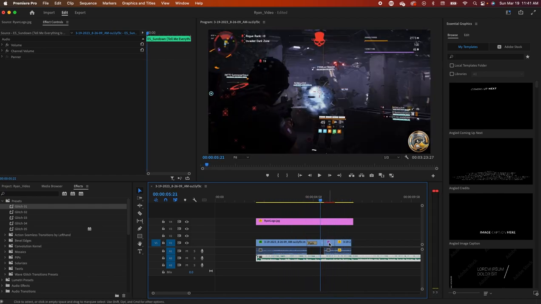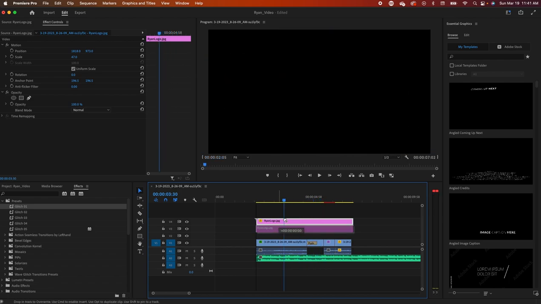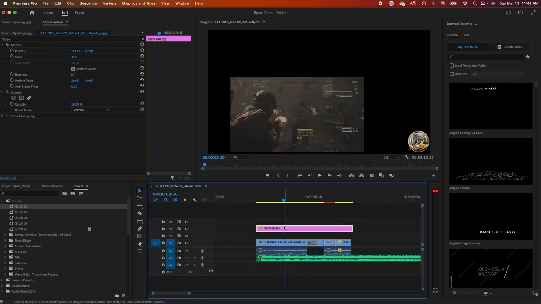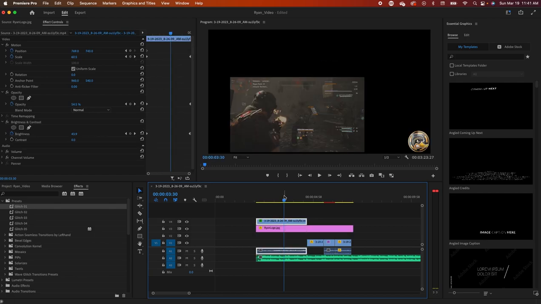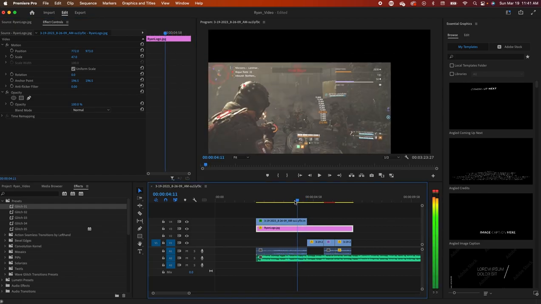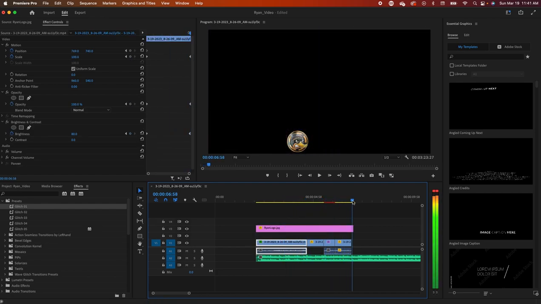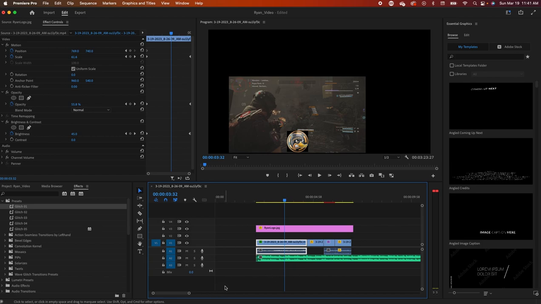If you notice, whatever's on top will be on top. So like if you move this video up here and I move this behind it, it's going to be behind that. Whatever's on top is the one that's going to take charge. Okay. You could again add sound effects. Sound effects will go down here again if you want to add more tracks. Like if you want to add more music on top of sound effects,